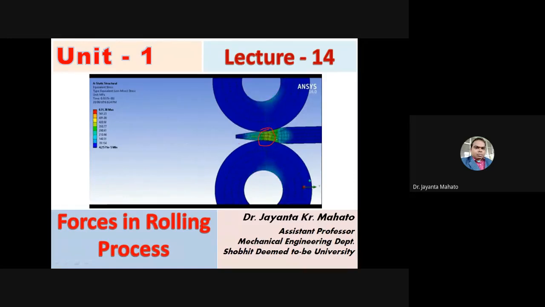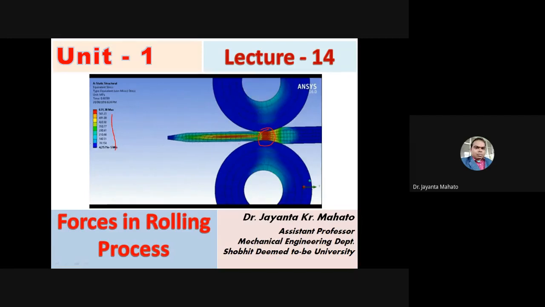The color in this contact zone is red. Okay. And first, when the material enters into two rollers, at that time the color of the material is blue. But whenever the material passes from these two rollers, the color changes. Okay, it becomes from blue to red. Okay, and in between there are other colors, yellow and like this. And this is actually the bar diagram of the colors.